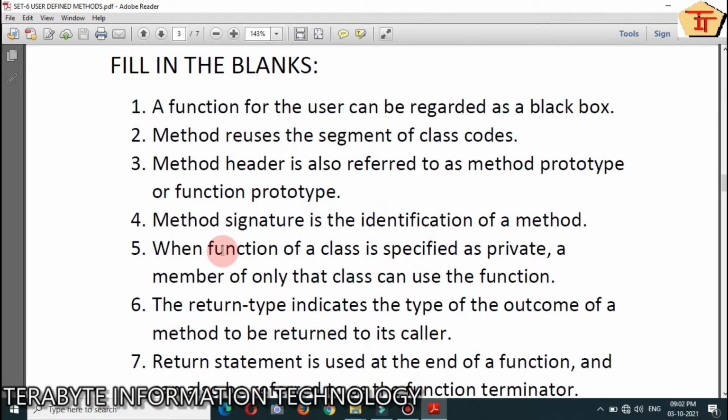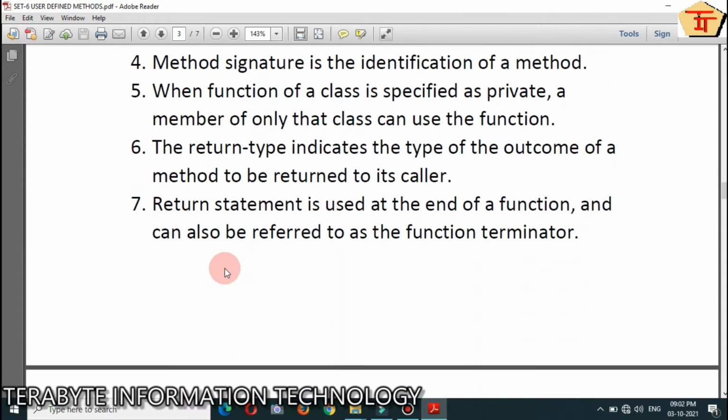Number 5, when function of a class is specified as private, a member of only that class can use the function. So the fill in the blanks is only that class. Number 6, the return type indicates the type of the outcome of a method to be returned to its caller.